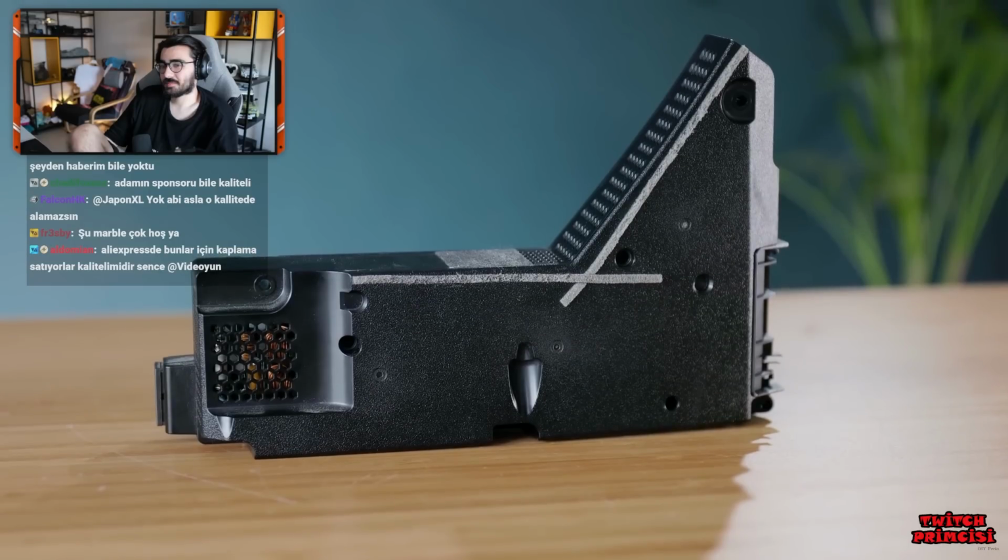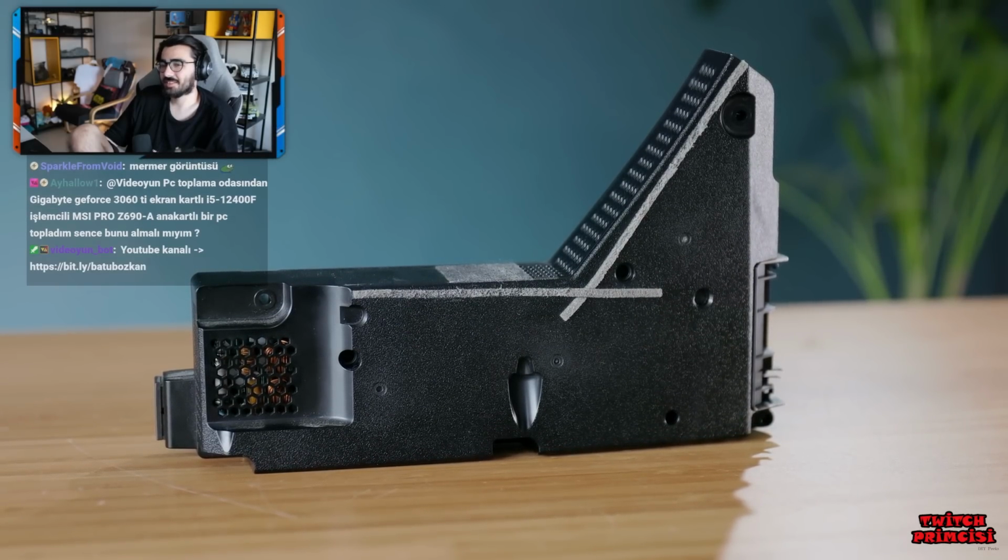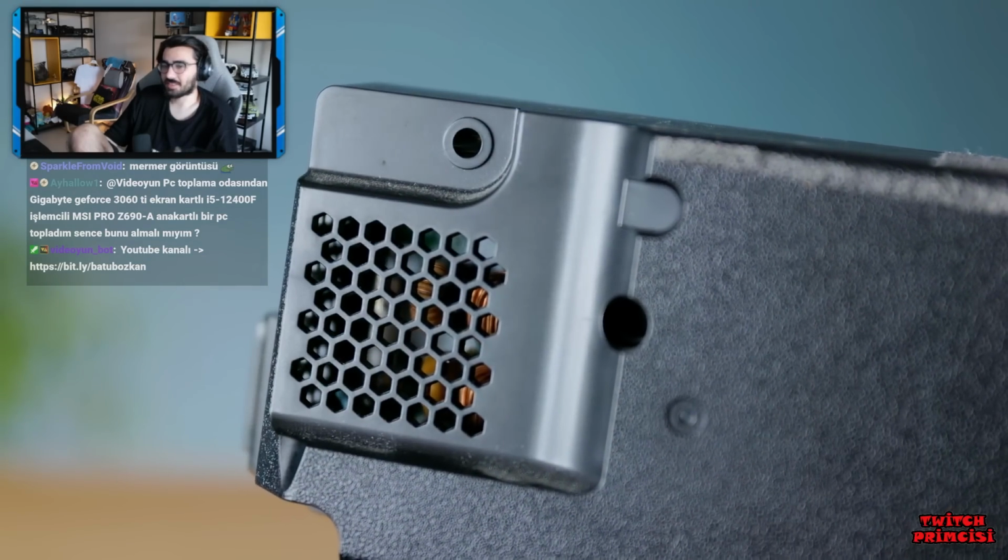Now, in terms of power, the power brick that was originally inside the PS5 is not only a super weird shape, but it also doesn't feature its own